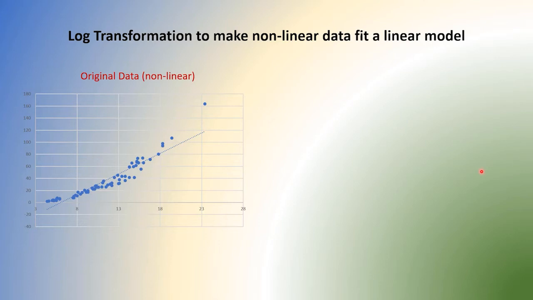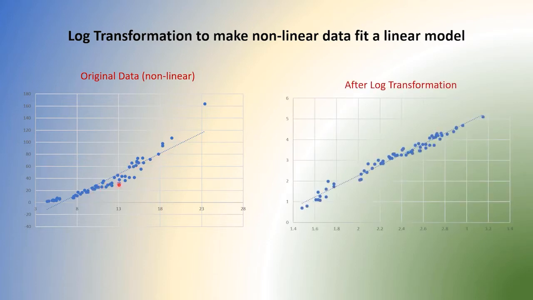So let's look at the first example here. This is our data set, which is nonlinear. As you can see, it's a kind of curve going this way. When we transform it, it looks like this after log transformation. Now we can use a regression program on this one. That's the regression line actually. We have our slope, we have our intercept, everything is there, except that the scale is different. It's logged, so we have to reverse it. So in the next video, we're going to discuss interpretation of log-transformed data and also regression. Okay, so let's move on.